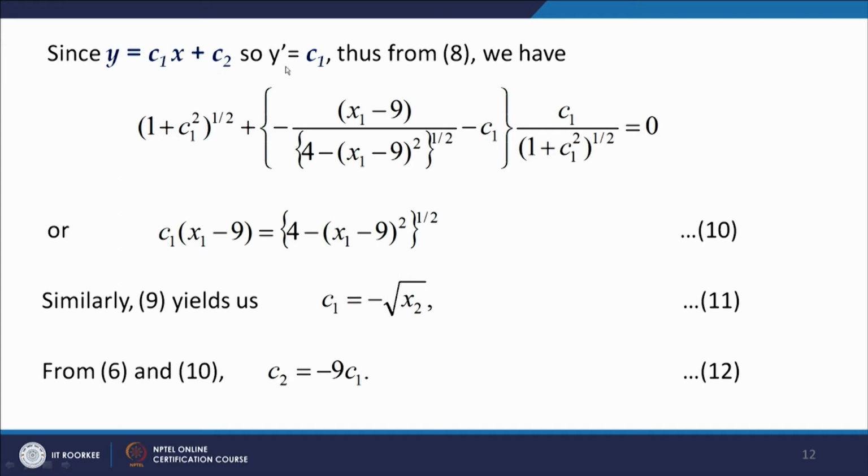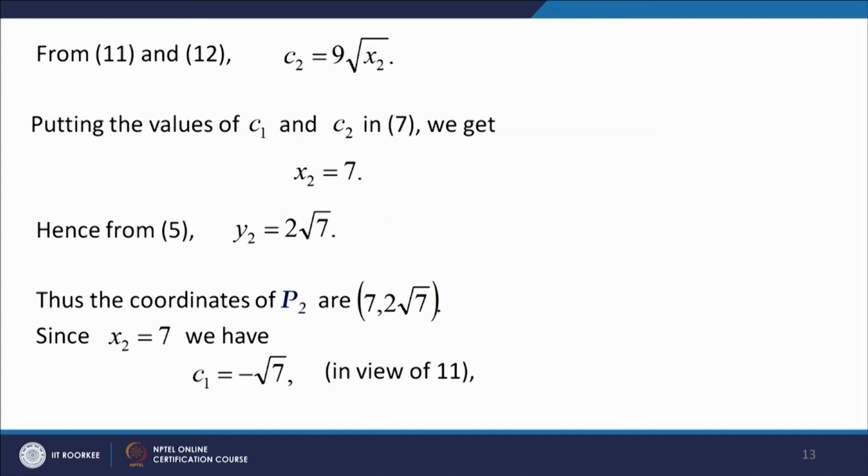to x, you get y' = c1. So let us put y' = c1 in equation 8, and then equation 8 becomes (1 + c1²)^(1/2) plus, inside the curly bracket, we have minus (x1 − 9) over 4 minus (x1 − 9)² to the power half, minus c1 into c1 upon (1 + c1²)^(1/2) equal to 0. On simplifying, this gives you c1 times (x1 − 9) equal to 4 minus (x1 − 9)² to the power half. Similarly, if you put y' = c1 in